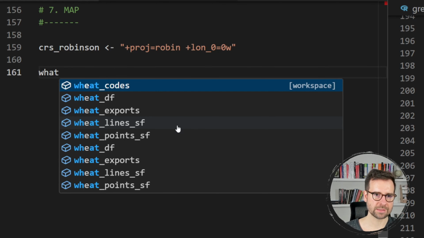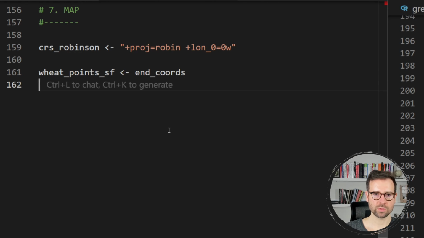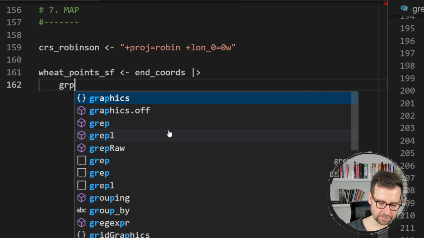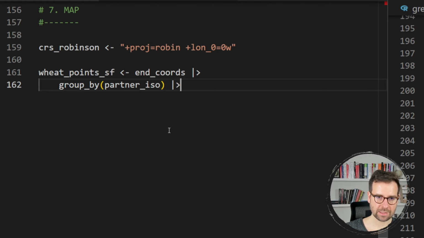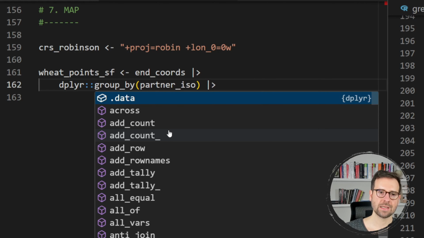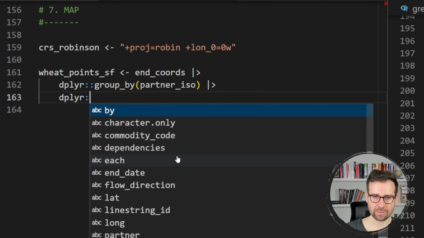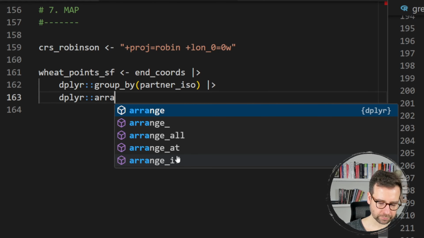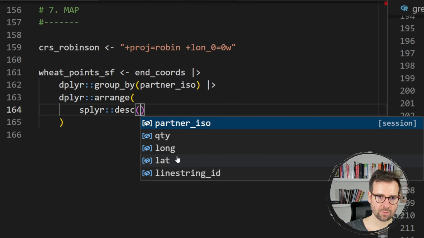So here I'm going to create wheat_points_sf, and it's going to be based on these end coordinates. So right here, what we actually need to do is the following. We will need to, first of all, group by all these partner countries, so using partner ISO. And then once we do that, what I would like to do is arrange in descending order the quantity of the wheat that is imported. The reason why I do that is that later on, I would also like to show you how you can label the map with maybe some of the top importers of Ukrainian wheat. So here we use dplyr arrange, and we also use from dplyr desc,